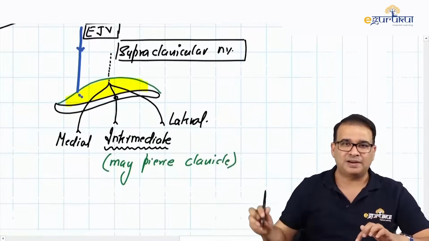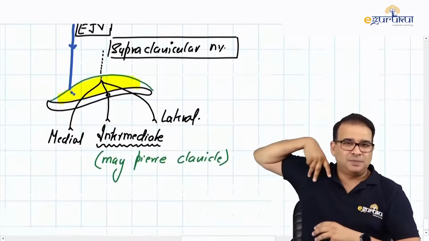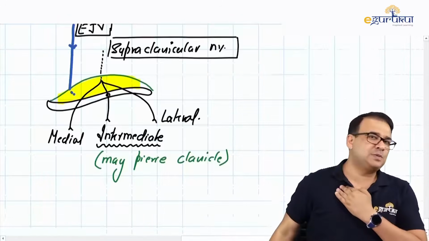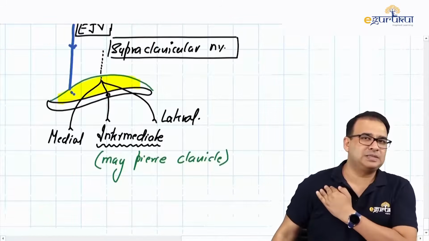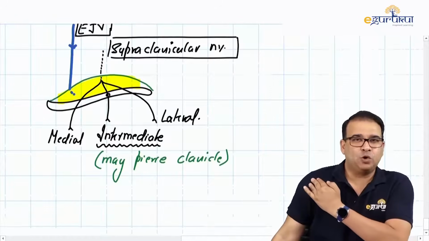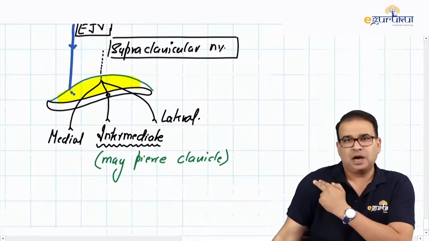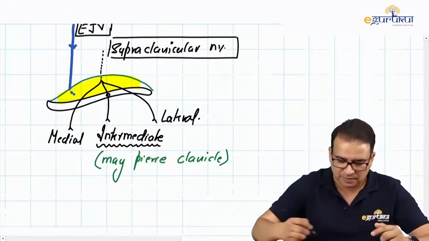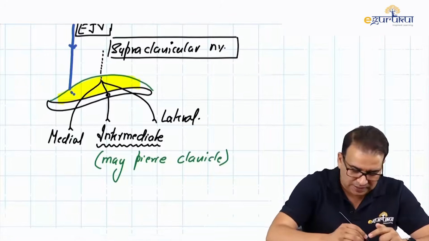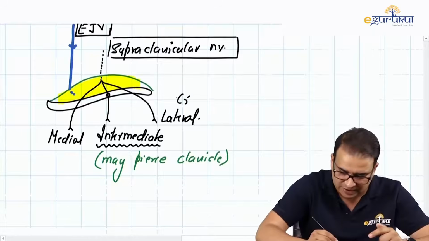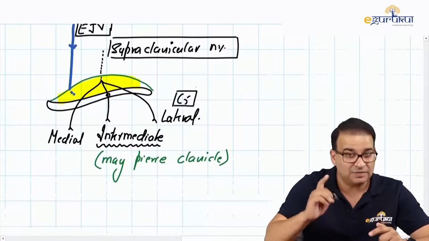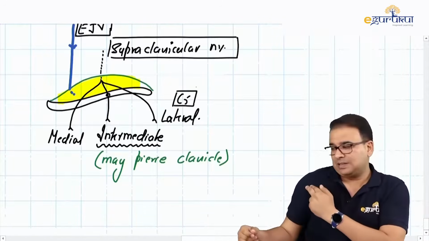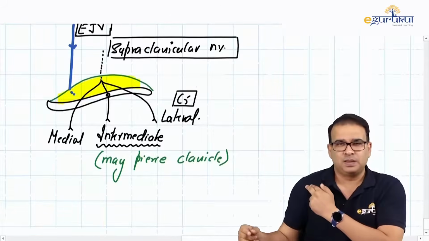And what is the importance of the lateral branch? See, if you look at the three branches supplying here, the medial branch must be supplying the skin somewhere here, the intermediate somewhere here, and the lateral branch is supplying the skin over the deltoid region, in the upper part of the deltoid. And why is it important, guys? This lateral branch of the supraclavicular nerve has the dermatome of C5,